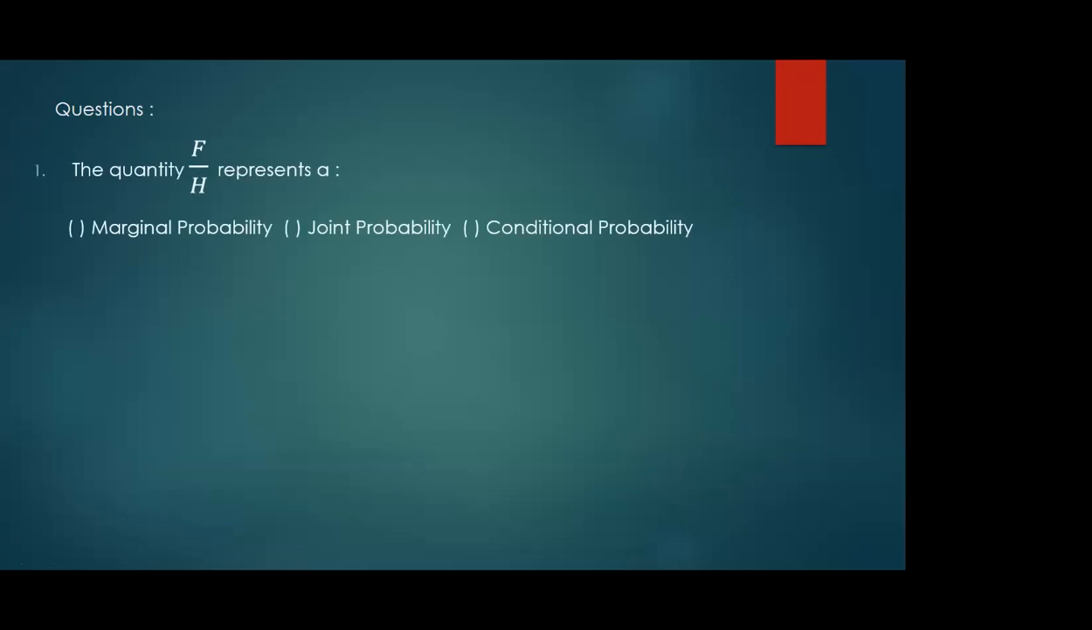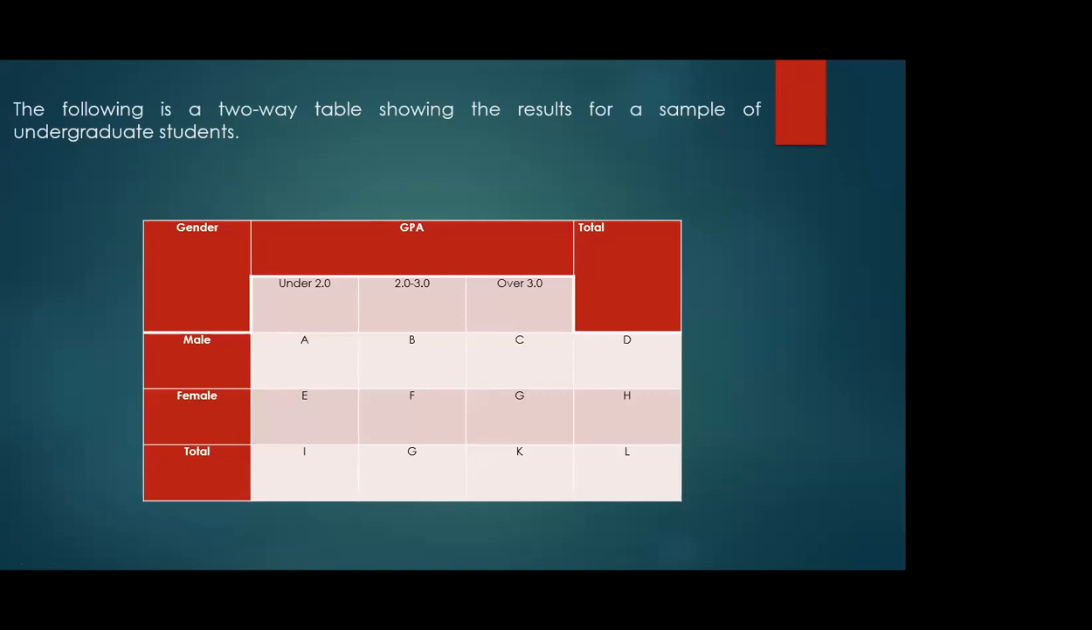Yeah, that's correct. So it would represent a conditional probability. Because remember that a conditional probability is the inside count divided by the outside count. And F in this case is the inside count for a female, and H is the total for being a female. So F is the inside count for being a female with a GPA between 2.0 and 3.0, divided by the total, and it's conditional on the fact that